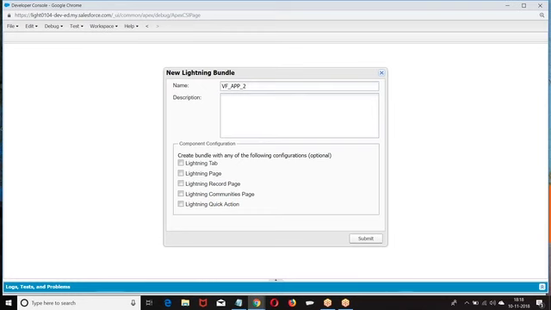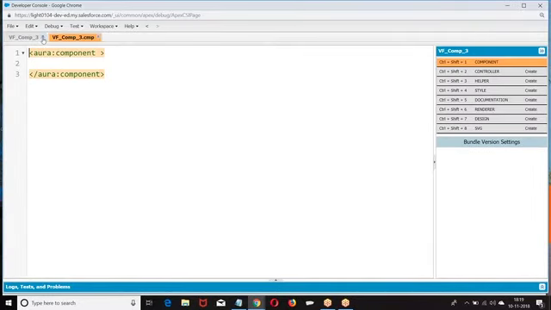I'll make it a bit complex. So let me take... First, I'll go with the attribute. Aura attribute.